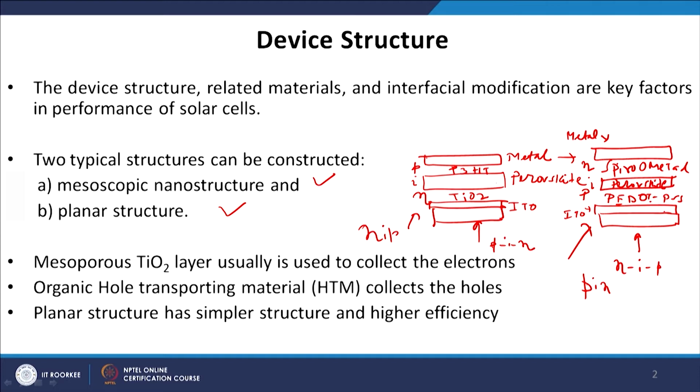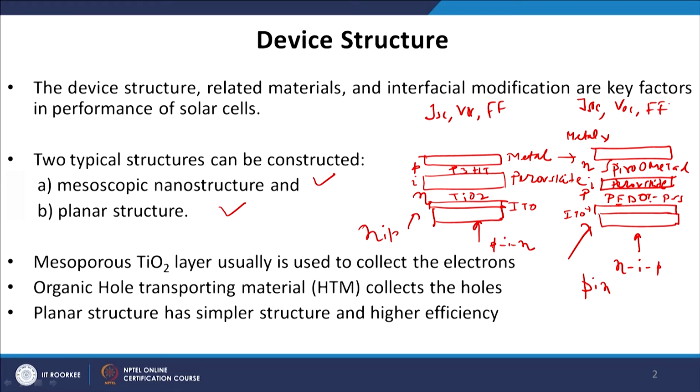On the other hand, in the PIN geometry we put PEDOT:PSS, a conducting polymer layer, at the interface of the ITO and the perovskite, and we put an electron collection layer, for example spiro-MeOTAD, which is a small molecule, at the interface between the perovskite and the metal contact. Now, in either of these two cases we will get the JSC, VOC and fill factor. In both of these cases we will get J short circuit, VOC and fill factor.